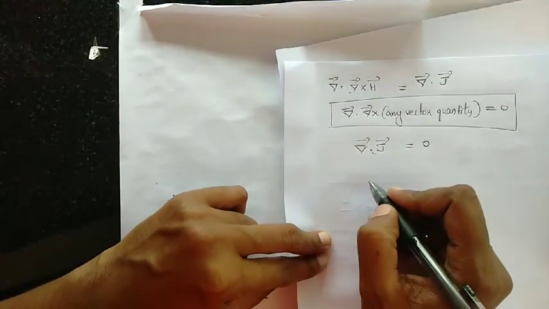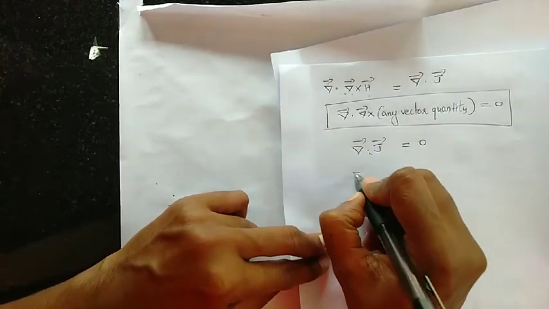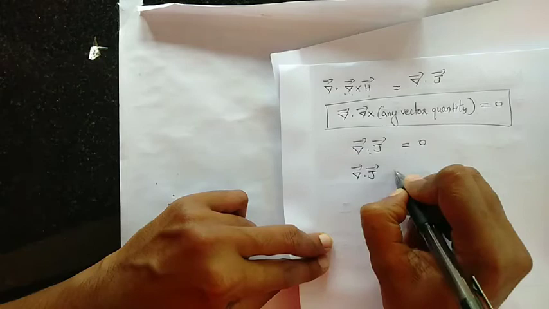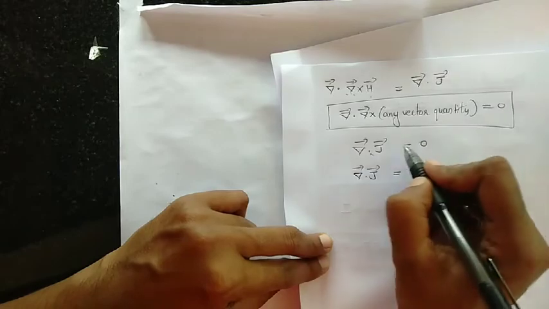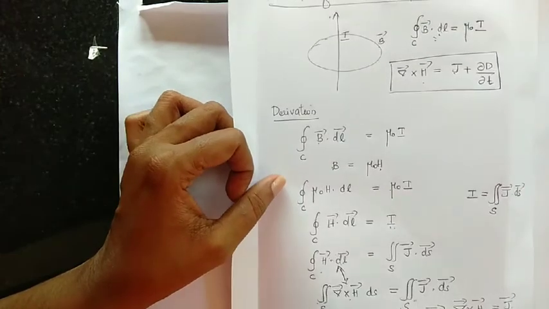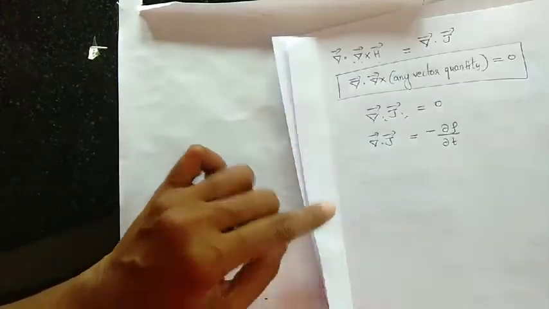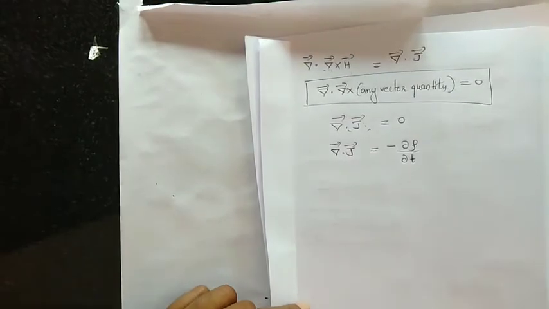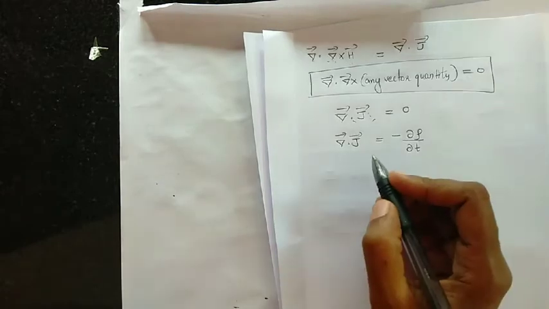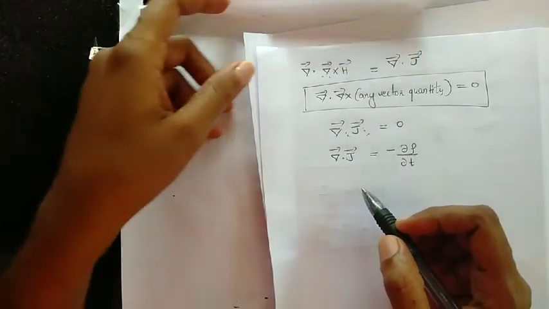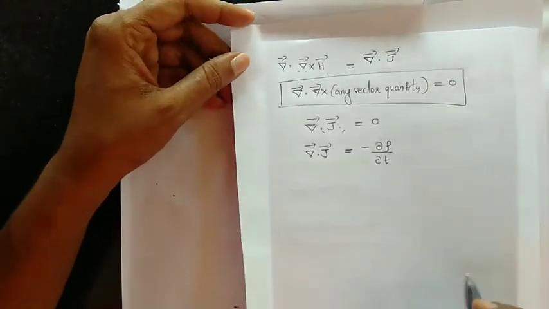According to the equation of continuity, we have studied in the earlier portion that del dot J will be equal to minus dou rho by dou t. It is not equal to 0. So if you are taking divergence on both sides of Ampere's circuital law, it will violate the equation of continuity. So this was the inconsistency with Ampere's circuital law, and then Maxwell fixed this by introducing another term known as displacement current. So Maxwell removed the inconsistency in Ampere's circuital law by introducing the concept of displacement current.